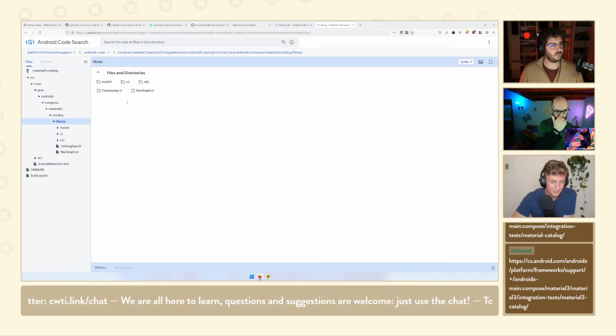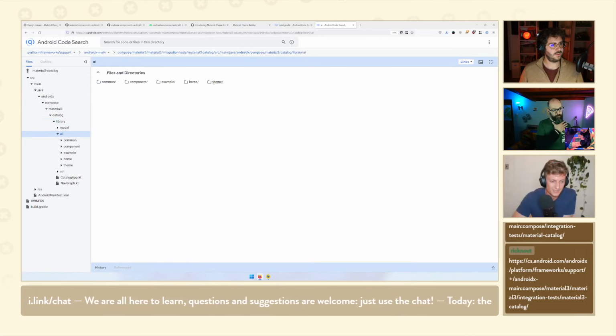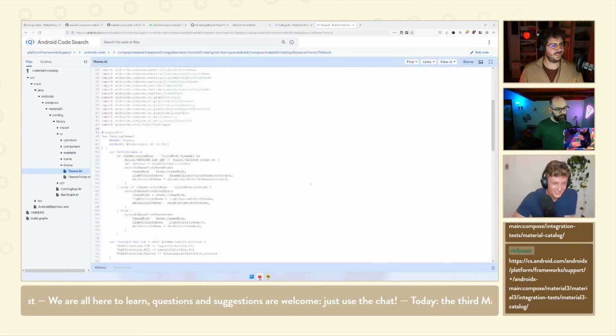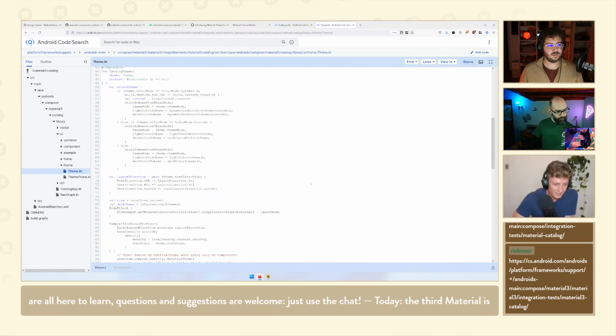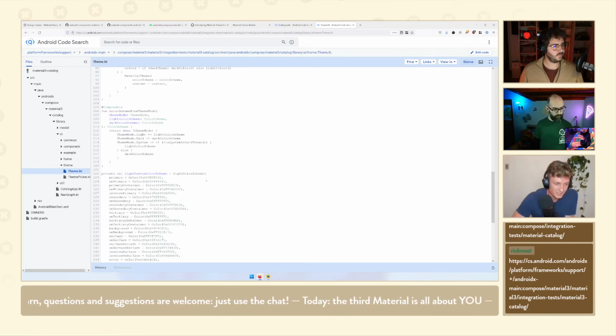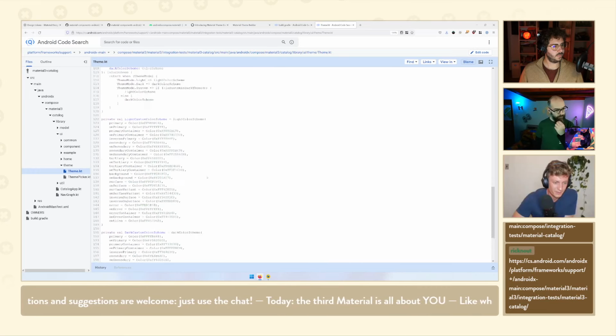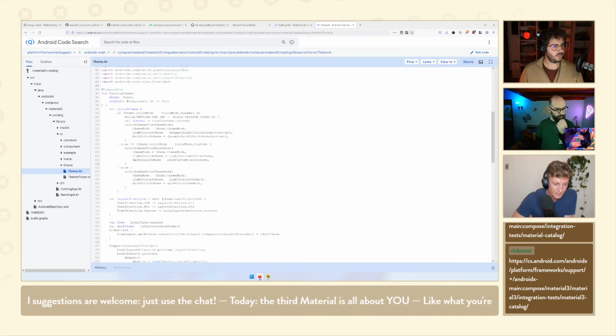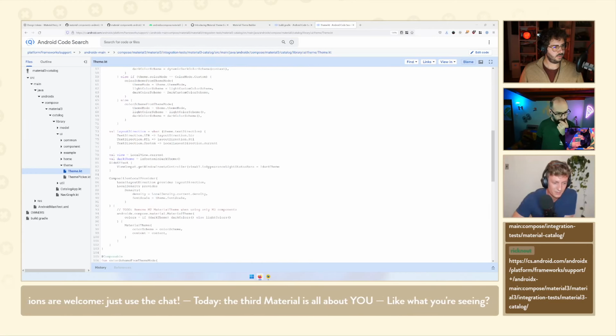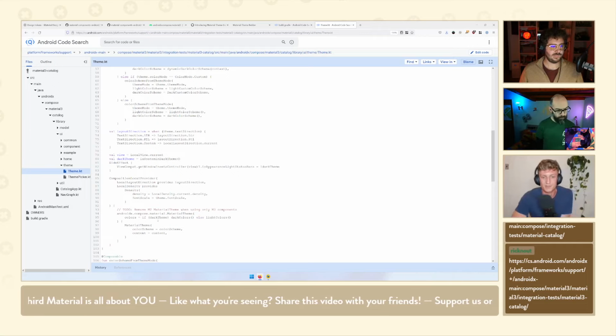Going to be looking at my potentially not so great code, but let's see. If we scroll down here, probably the most interesting thing is not necessarily setting up all the colors, though actually that is quite interesting, but the fact that if we go up to the main theme, the catalog theme, where we actually use the Mutterial theme composable, you'll see that it actually wraps firstly in the Mutterial 2 Mutterial theme. That's why it uses the full namespace there. And then inside that, it uses the Mutterial 3 Mutterial theme. It's just that the APIs happen to use the same name.